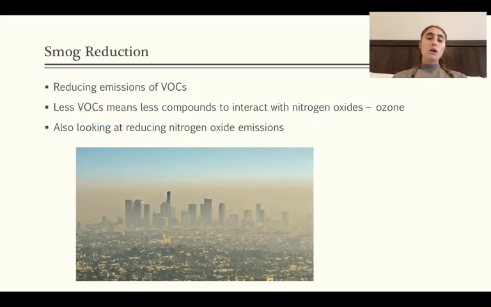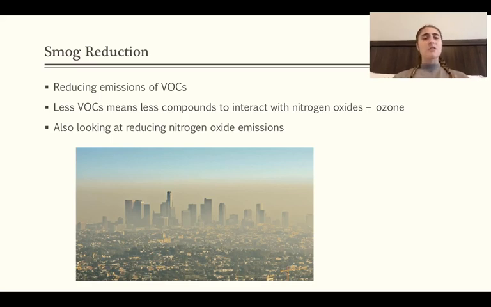Okay, so what are ways that we can reduce the amount of smog in the air? So we can reduce our VOC emissions. Remember, VOCs are volatile organic compounds, and they're the things that have a really fragrant smell to them. So things like gasoline, dry cleaning detergents, certain chemicals used at nail salons. There are natural ones, ferns or pine trees that have really fragrant smells, right? When we're talking about reducing our emissions of VOCs, though, we're talking about anthropogenic emissions of VOCs, so things like